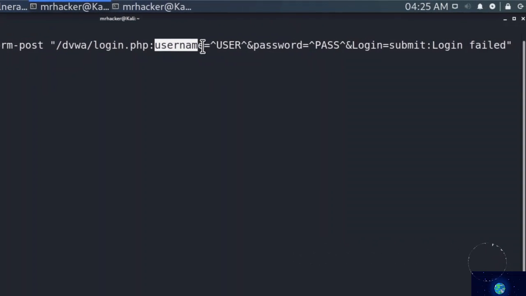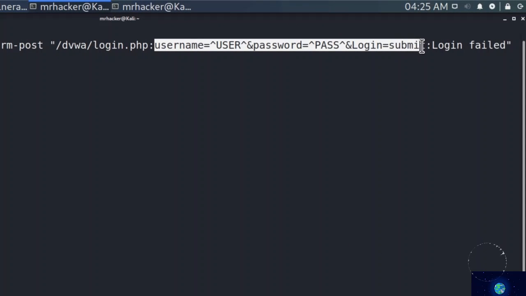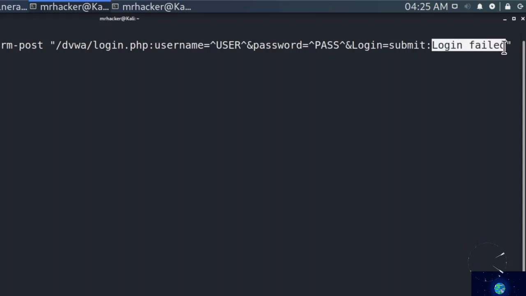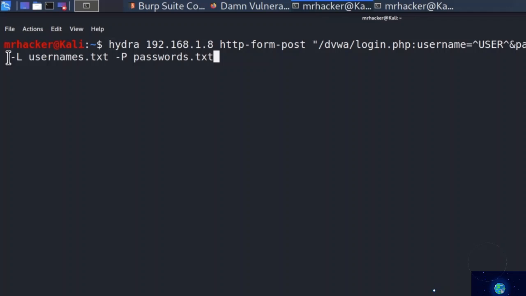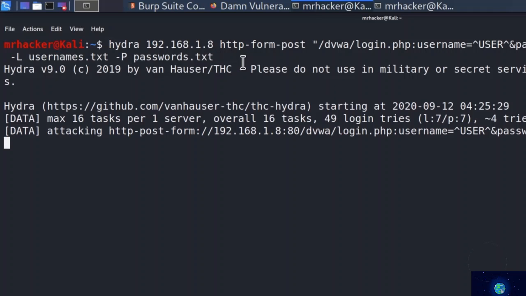The second argument is going to be username, password, and the button that we are submitting the username and password with. And the third argument inside of double quotes is going to be a string that we get once we specify the incorrect username and password. After it, we just specify -L for the usernames list and -P for the passwords list. If I click enter,